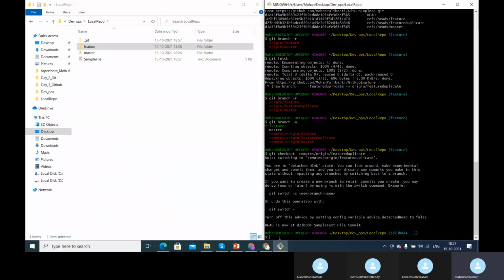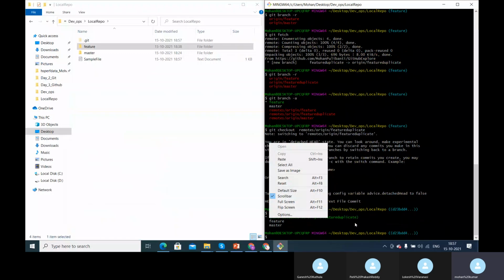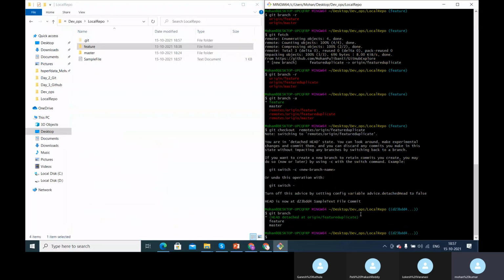it became a detached branch, right? We discussed what a detached branch is as well. If I say git branch, so it is a detached branch. So once it is a detached branch, what we have to do, Prakash, can you say this? Once you have a detached branch, if you want to merge that with the master branch or something, what exactly do we have to do?